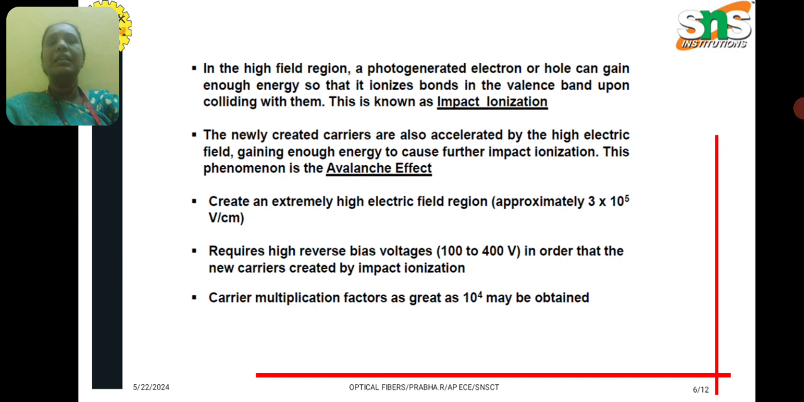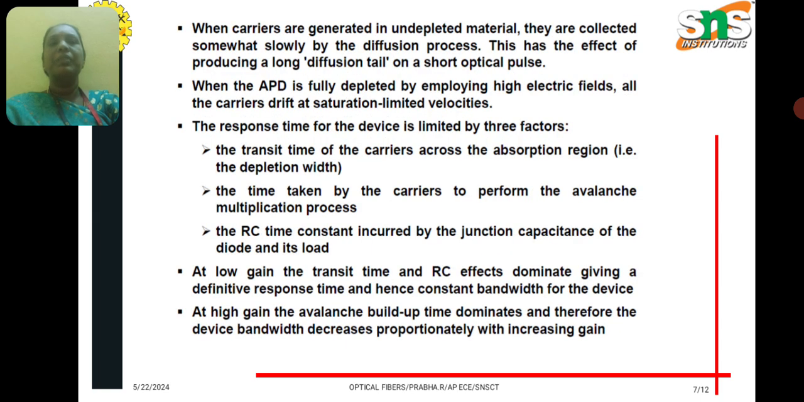So an extremely high electric field region is required, and it also requires high reverse bias voltages from 100 to 400 volts in order that new carriers are created by impact ionization. Carrier multiplication factors as great as 10 power 4 may be obtained. And in an APD, it is depleted by employing high electric fields. All the carriers drift at saturation limited